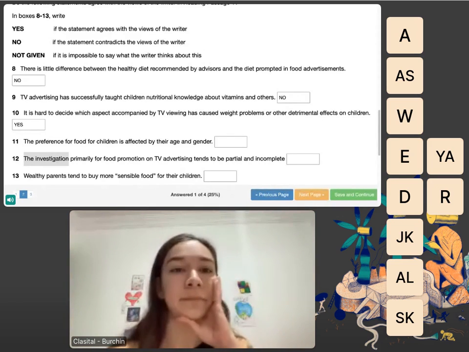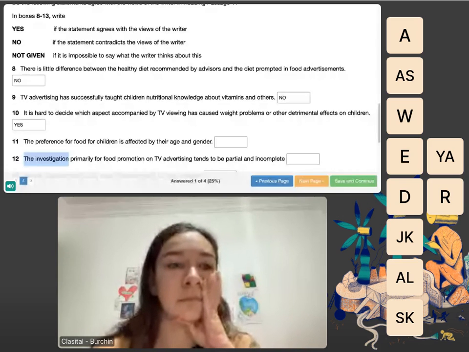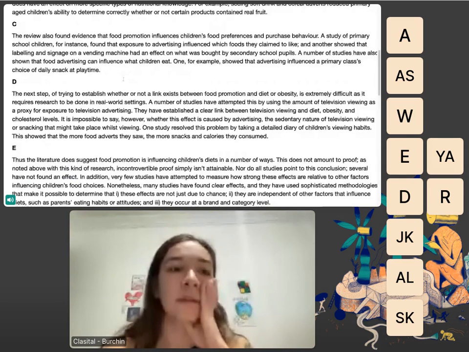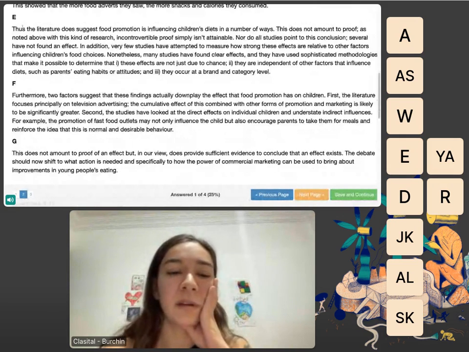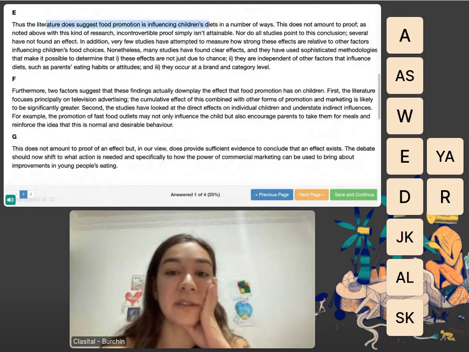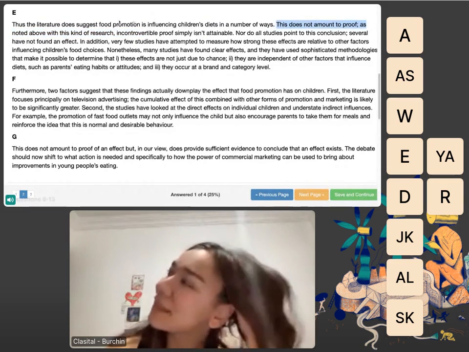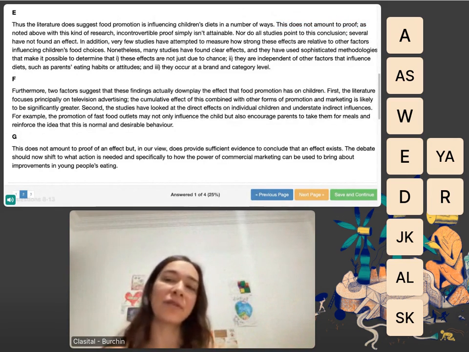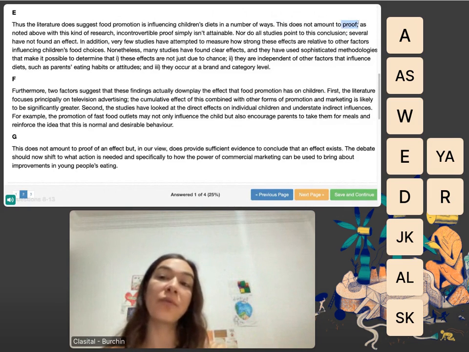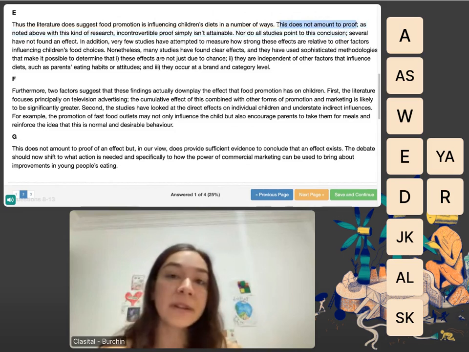Okay, let me see. We were there. Let's continue from here. Literature does suggest food promotion is influencing children's diet in a number of ways. This does not amount to proof. It means, like, the sentence is a little bit odd, but I hope that you can understand. This does not amount to proof. This is not enough to prove. There is not enough